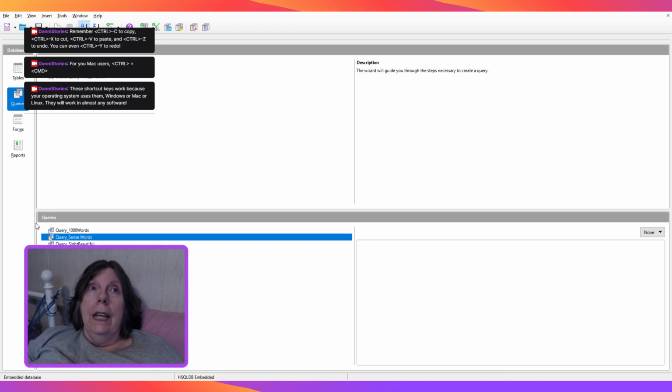We need to delete these empty rows, or we can just go into our query and put a criterion. We can say not null. Now, if we save it,